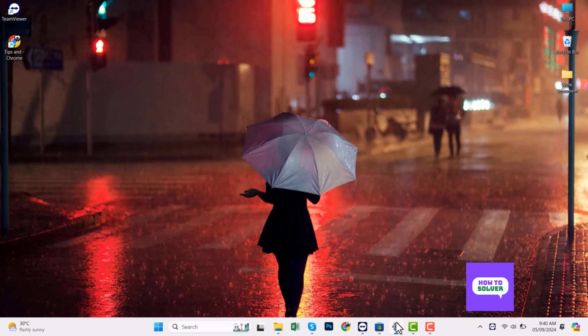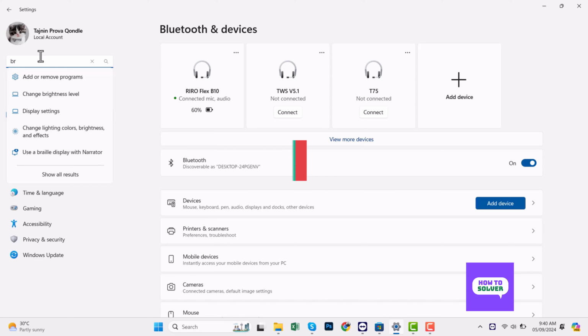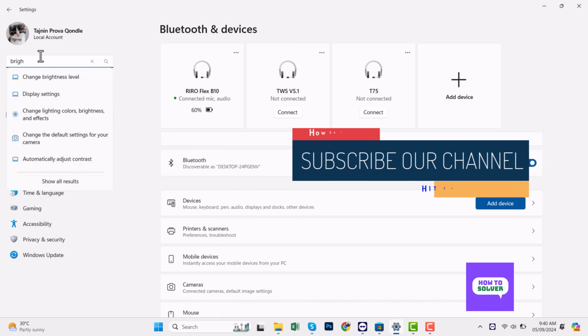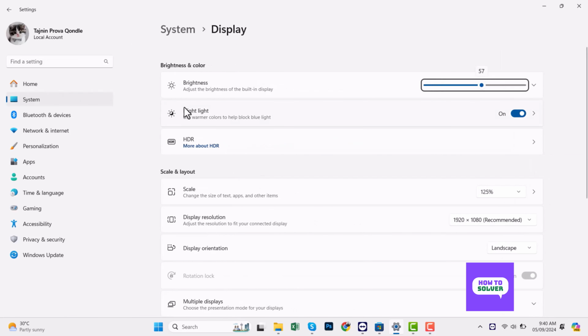So let's go. For this, you have to go to your settings and search for brightness. Here you can see change brightness level. Click on it. Now you can see here brightness. Here you can adjust your brightness level. If you want low brightness, then drag this button left side, and if you want high brightness, then drag this